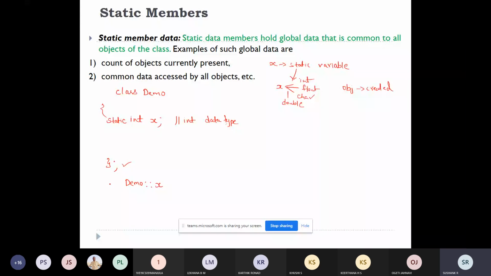This is how you define it. Now memory will be allocated, because it is a member of the class. If you don't write anything, by default the value will be 0.